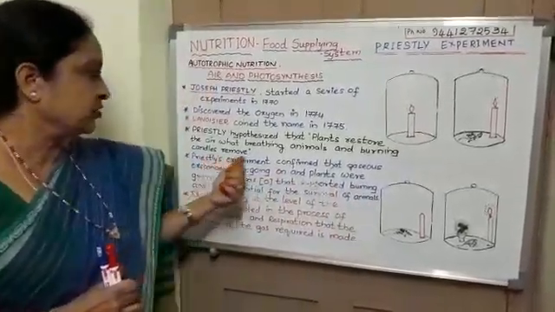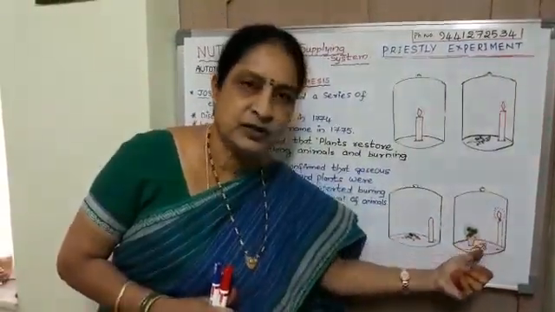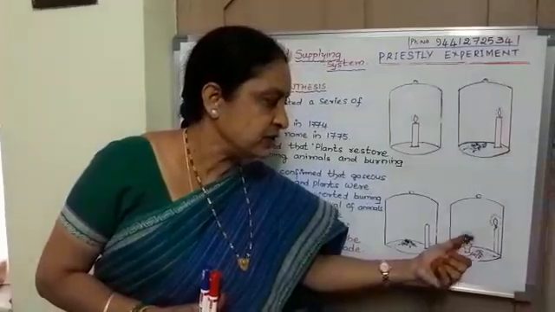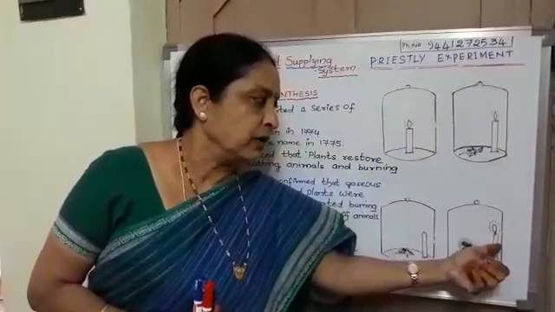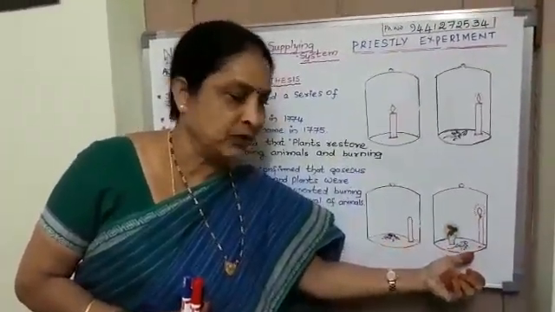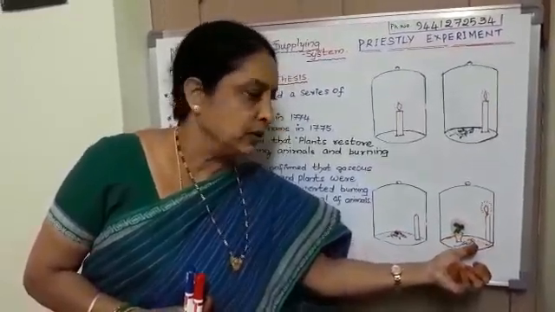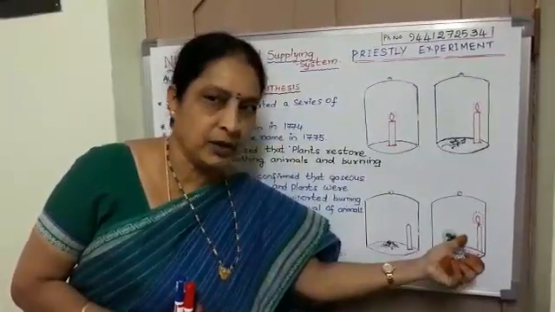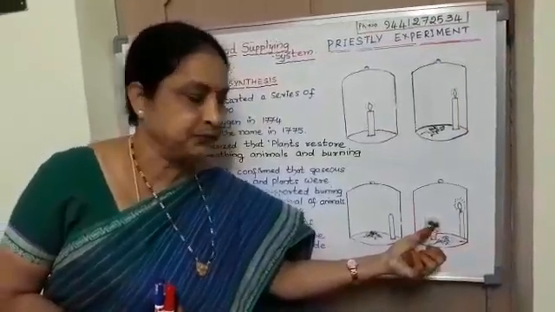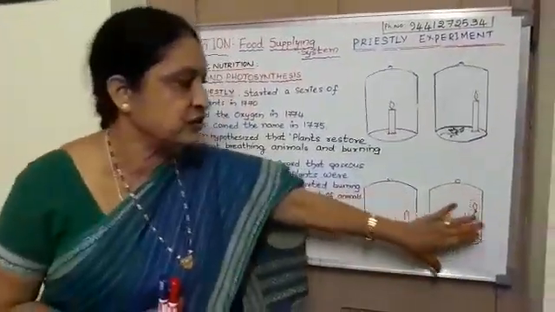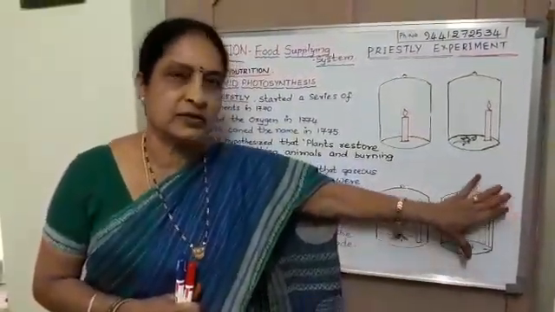Priestley's experiment confirmed the gaseous exchange. Which gases were exchanged? The gas released by the mint is received by the burning candle and the rat, and vice versa, the burning candle and the mouse released a gas, carbon dioxide, which was received by the plant, the mint. So this gaseous exchange occurs, and all living beings, plants and animals, survive on this earth.